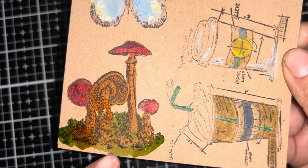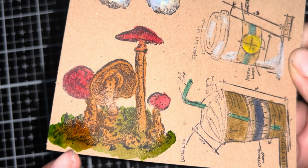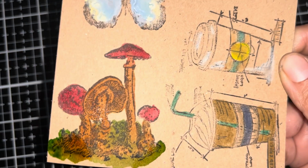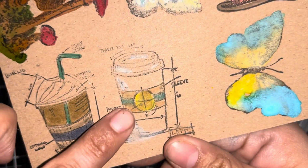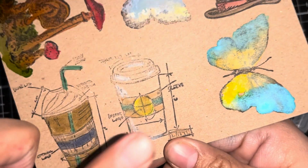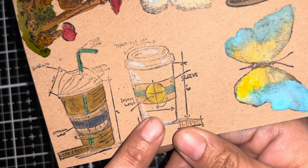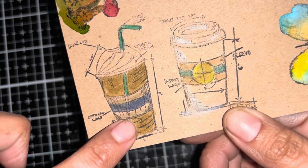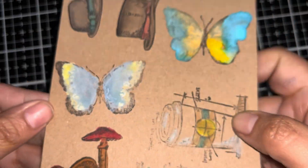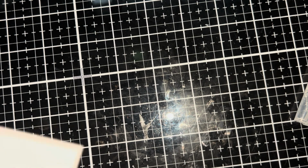The re-inkers worked very well too. But one thing I'm noticing is that the water is sitting more on the surface of this. I expected it to really sink in a lot faster, and yet I've still got a few puddles of water going on here. That's not what I expected. The distress pencils, they show up beautifully on here. I'd absolutely use distress pencils on this. And the lighter colors really, really pop, which I'm loving. The markers, it's not great. It's not bad. It is totally doable. So, more possibilities to create when using kraft stock. So, the next substrate that we're going to be pulling in is the